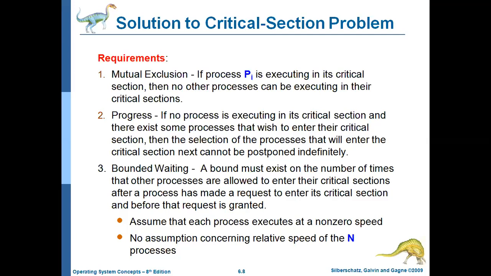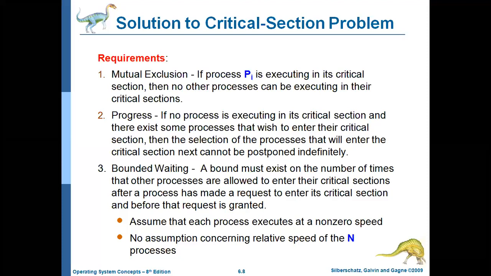Because if every time you give a chance to P1, all the remaining processes waiting for the critical section will wait for so long. So it should not happen. Whenever you want to grant the critical section to one process, you need to check how many times that particular process has entered the critical section till now. Because the same process should not get a chance every time. That is called bounded waiting.